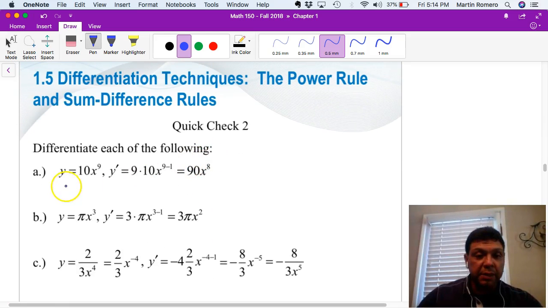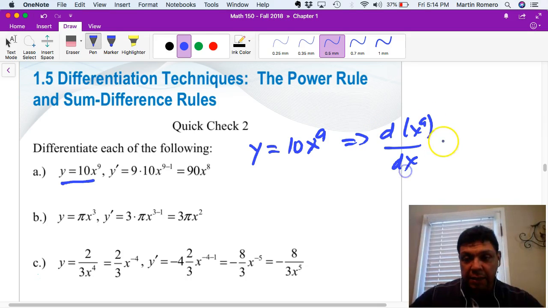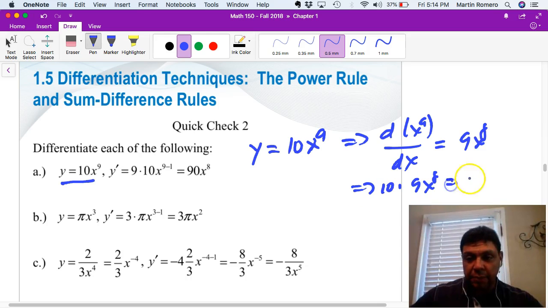So on these quick checks, if you look at it, the answer is still 9 times 10. But again, just to emphasize it, y equals 10x^9. What you could do is just find the derivative of x^9 with respect to x, and that would be equal to 9x^8. And then you multiply that by 10, and so you get 10 times 9x^8, which is 90x